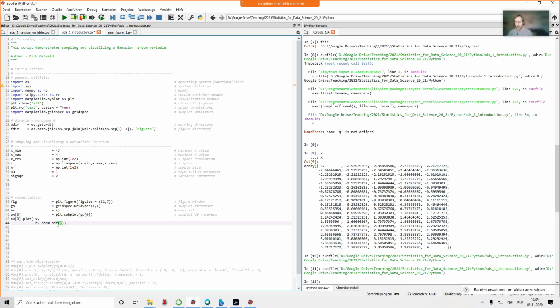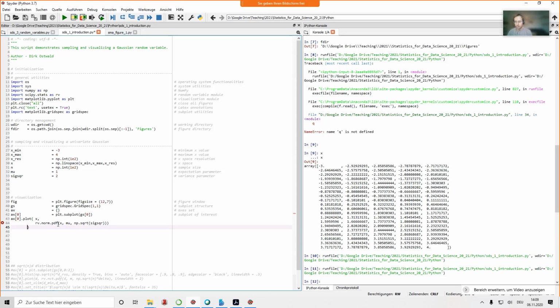And then, we need to specify what we want to evaluate. Of course, we want to evaluate the PDF over x, and then we need our parameters. And the strange thing is that in all programming languages that I know, the univariate Gaussian takes as a parameter the standard deviation. The multivariate Gaussian takes the variance. From my perspective, it always would make more sense if it always would just take the variance, because that's how it's defined. But that's how that is.